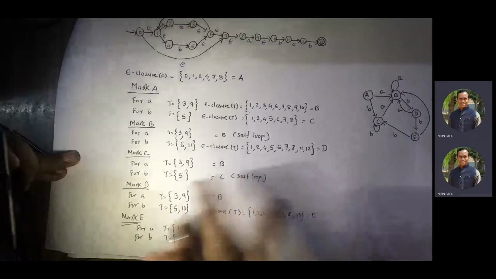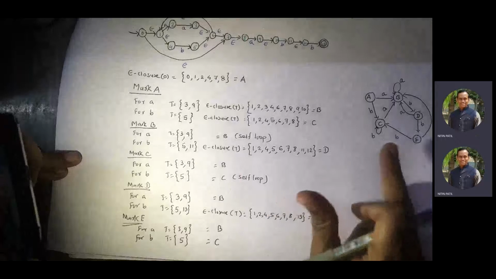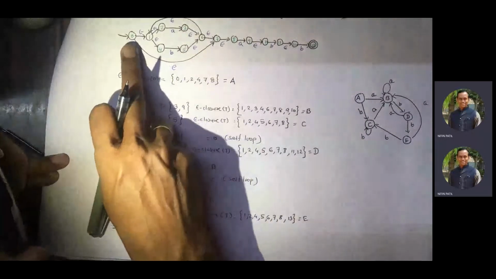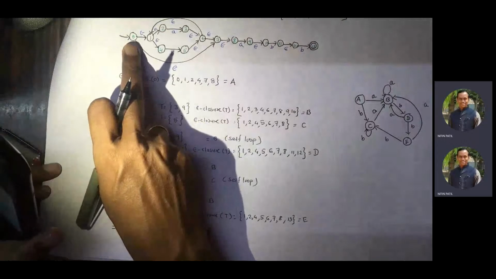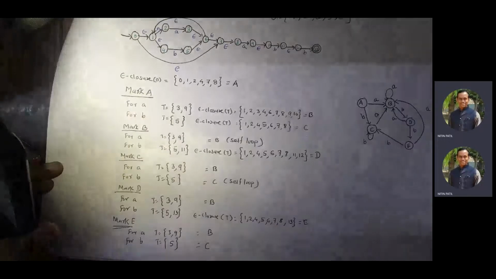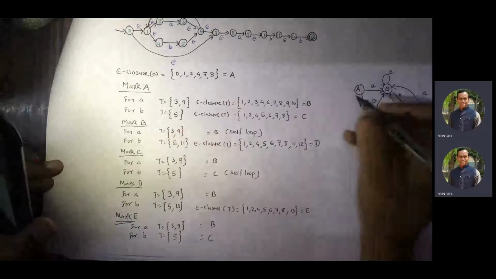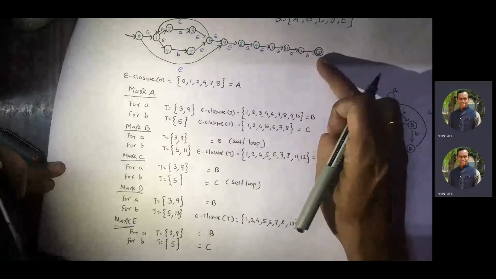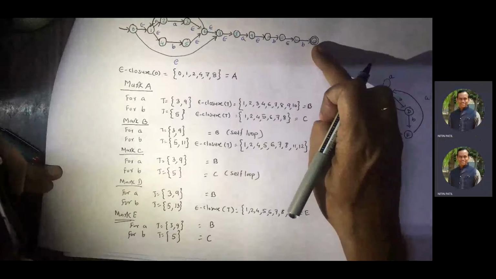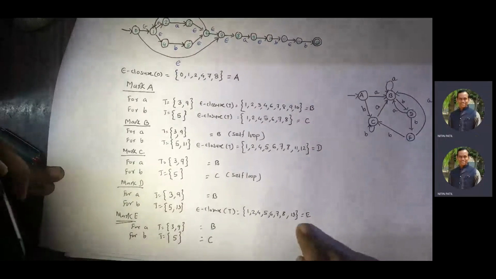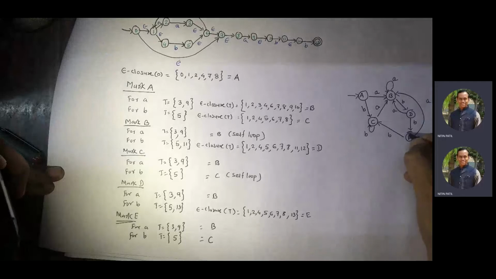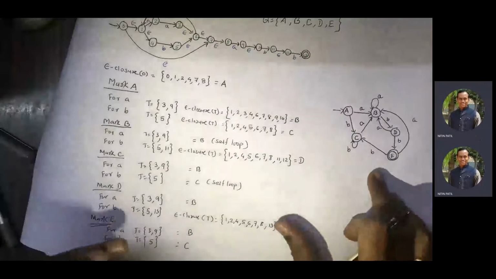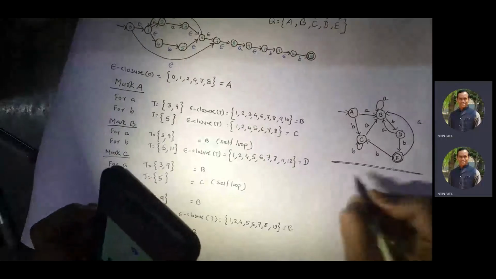Now we are done with this, but now we have to tell which is the initial state and which is the final state. Which was the initial state you had given, the one which you have already drawn? It was 0. Where is 0 included? 0 is in A. So this would be your initial state. Which was your final state? 13. In which set is it included? It is included in E. That's why make this the final state. And then this is your final solution. So this is your DFA.